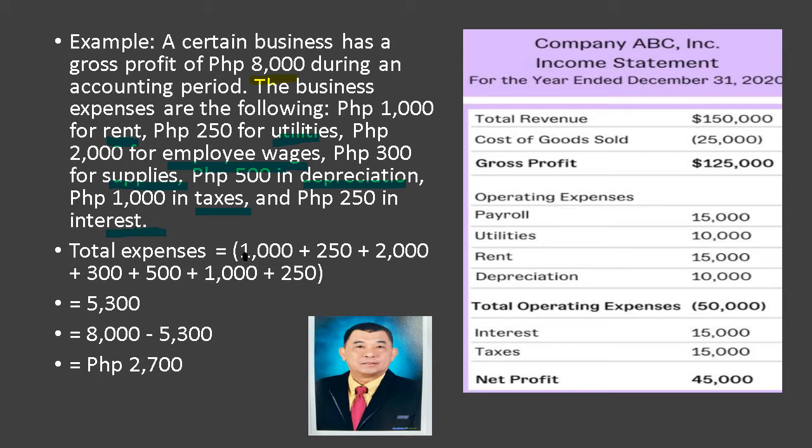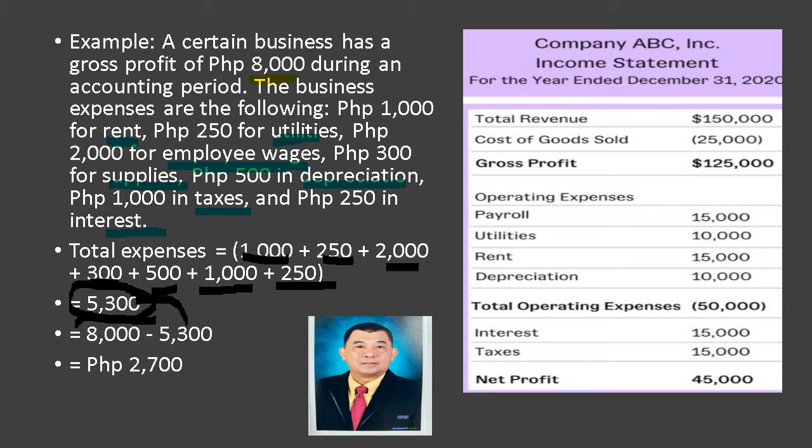So it gives you 1,000 plus 250 plus 2,000 plus 300 plus 500 plus 1,000 plus 250. The interest gives you 5,300. So if you want to get your net profit, you deduct that expenses, okay,